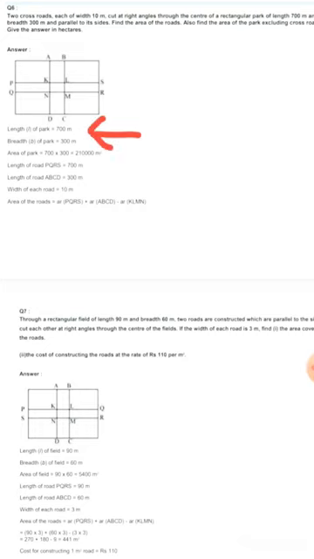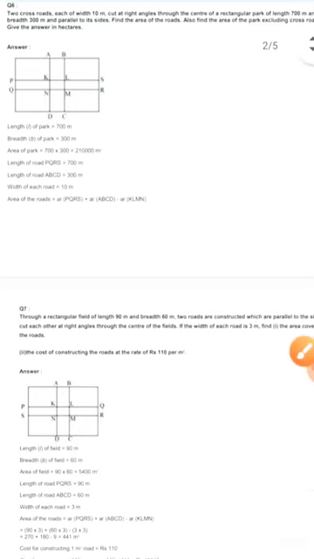The area of the park will be length multiplied by breadth. Now the length of the road is given, and the width is also given. So the area of the road you can find by adding the areas of the two roads and subtracting the crossing of the road, so you will get the area of the roads. Getting this point? In this way you can find the answer, and you can also find it in hectares as we have solved in the previous question.